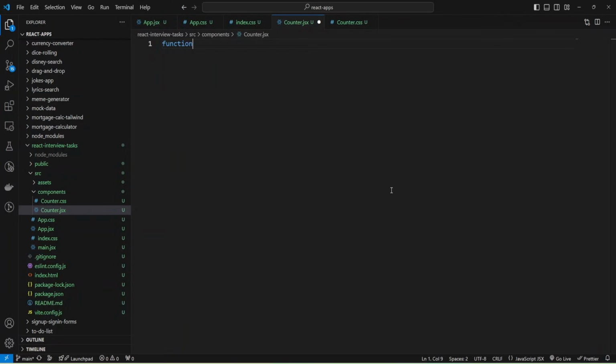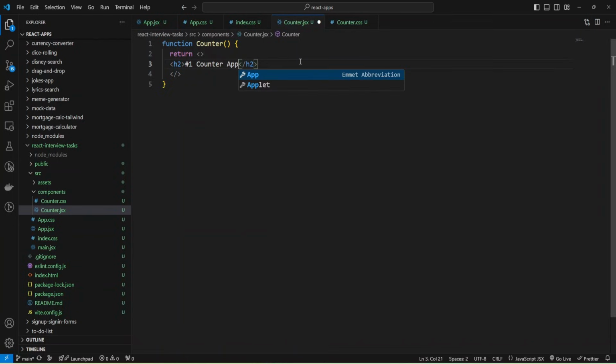It will start with function, and the name will be Counter, and return some JSX. I'll use a React fragment, and will return some JSX. And let me add an h2 tag and provide my first app and add the name Counter app.